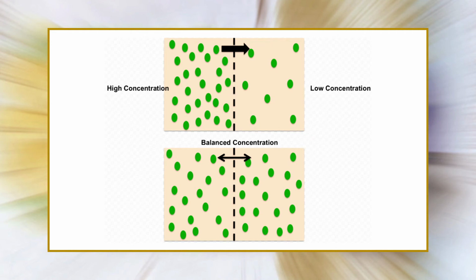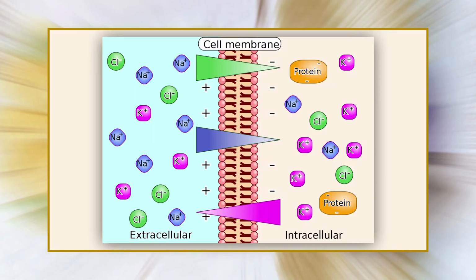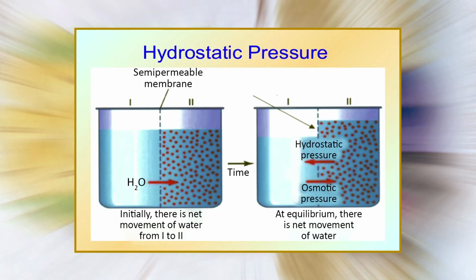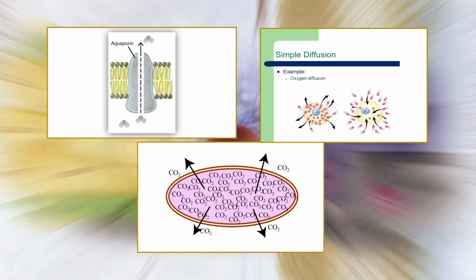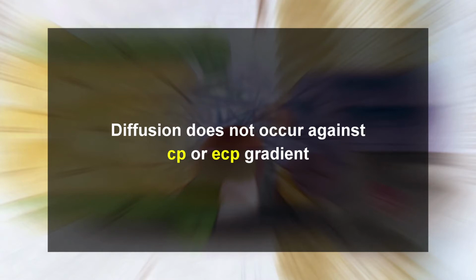First, simple diffusion. Membranes have either small pores or their matrix is soluble to diffusing particles. No energy is required for keeping the pores open or maintaining solubility of the matrix. Passive diffusion operates through physical forces like chemical potential, electrochemical potential, hydrostatic pressure, and diffusion pressure gradient. Water, oxygen, and carbon dioxide are known to follow simple diffusion. Second is facilitated diffusion. Cell membranes possess permeases, or special protein particles, that facilitate the passage of specific substances over them. No energy is involved. Diffusion does not occur against chemical potential or electrochemical potential gradient.